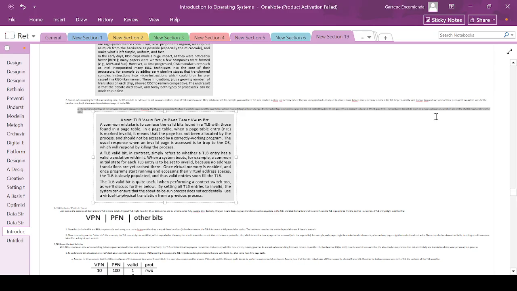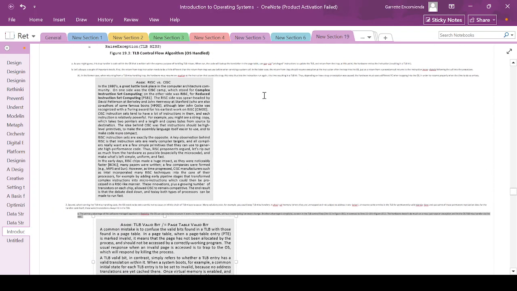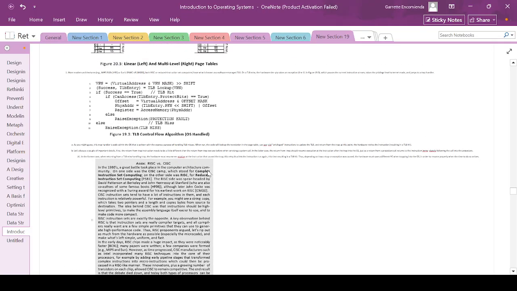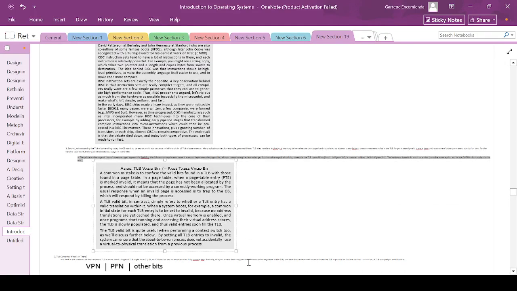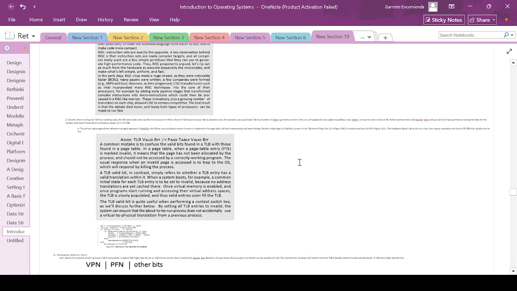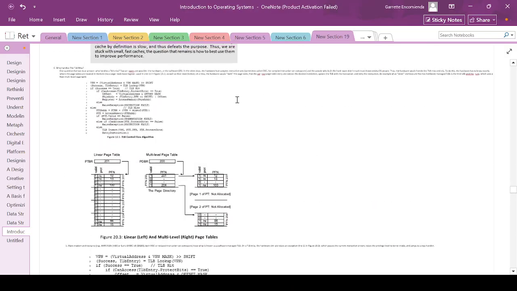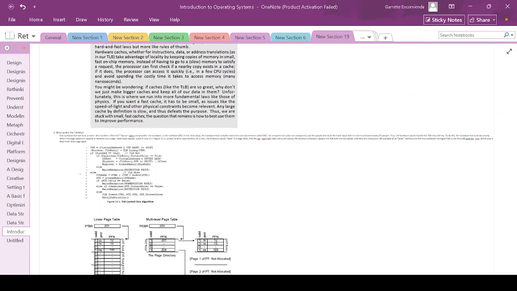The hardware doesn't do much on a miss. Just raise an exception and let the OS TLB miss handler do the rest. So this software-based handling of the TLB is more flexible compared to hardware because it's just in the OS. We're only dealing with software, unlike the hardware. It also has less code compared to the hardware counterpart, as seen in the previous video,